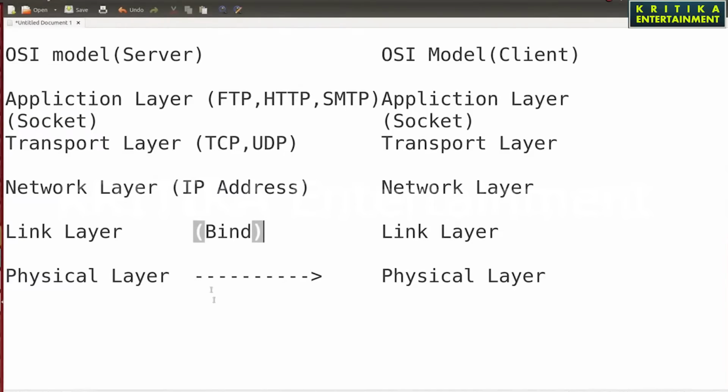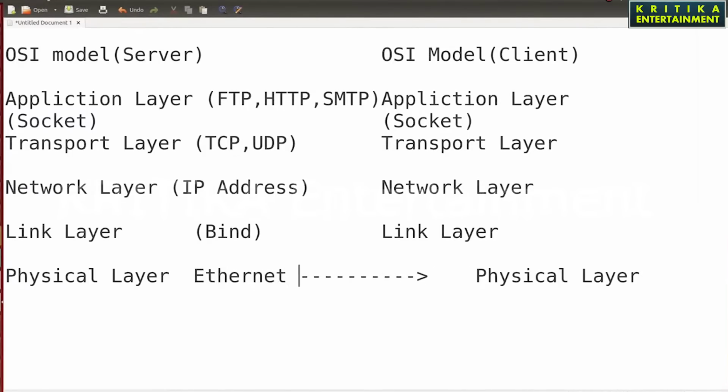And the physical layer means hardware devices, that means your modems, your switch, hub, Ethernet port. These are examples of the physical layer. Okay, I think you have understood.